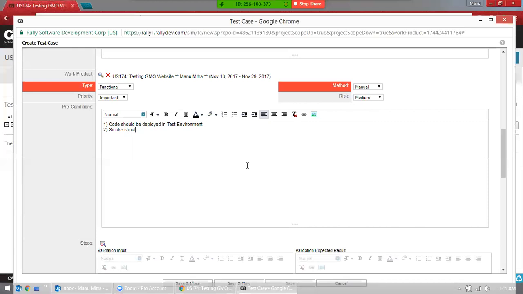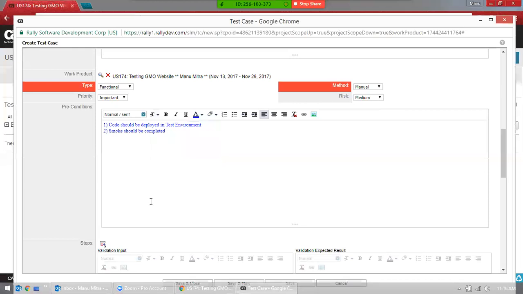Does anyone remember something else? Code should be deployed in test environment because you are not doing it in dev environment. And the top priority in this project, let's say, is that smoke testing should be completed. If anyone remembers more, let me know, I'll add more here.